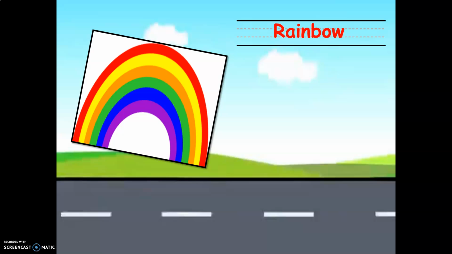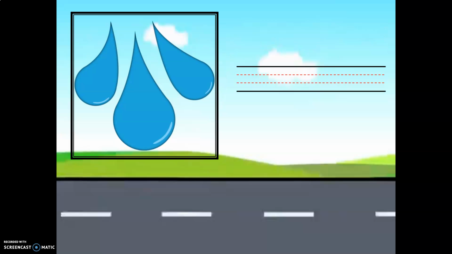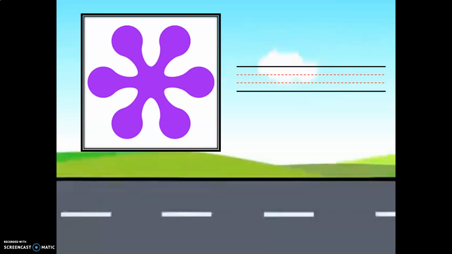Rainbow. So, give me the spelling of the word rainbow. What about the second word, girls? What can you see here? We can call it raindrops. Raindrops. So the first word is rainbow, the second word is raindrops, and the third word, what can you